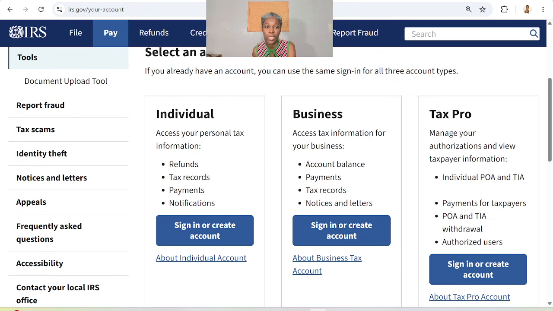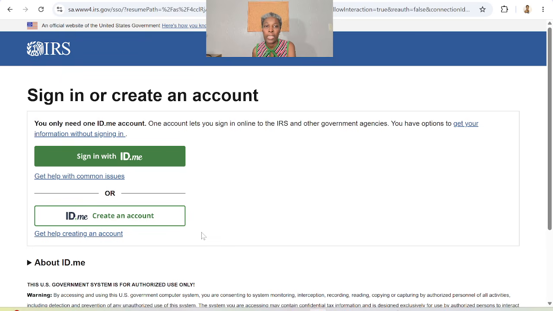So when I click on that link, it brought me here, and clicking in here will take you to the ID.me website page where you can create an account. And that is an outside service that IRS uses as well. But yeah, you create that account and you'll be able to log in, and to log into your IRS account